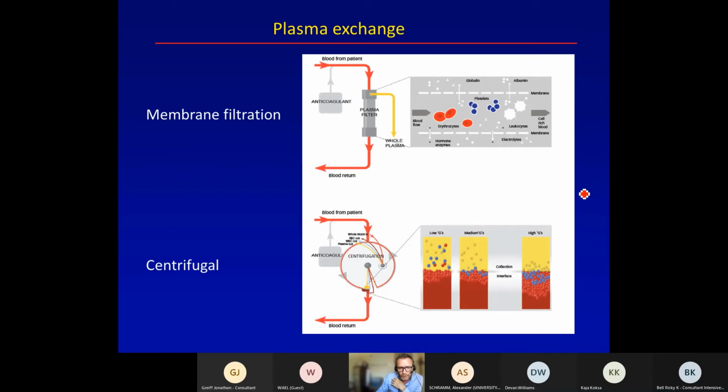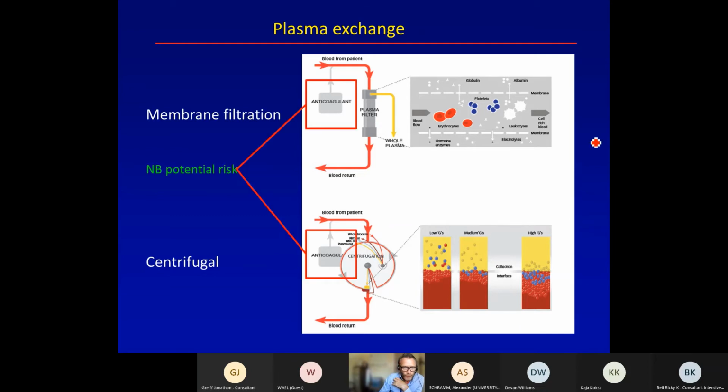All of the studies, however, looking at plasma exchange in ANCA-associated vasculitis have tended to use membrane filtration. The other important thing to recognise is that in order to do plasma exchange, you have to anticoagulate the patient. And so if you have somebody with diffuse alveolar hemorrhage, that clearly might be counterproductive. Regional anticoagulation helps, but you just need to be very, very careful about the effects of plasma